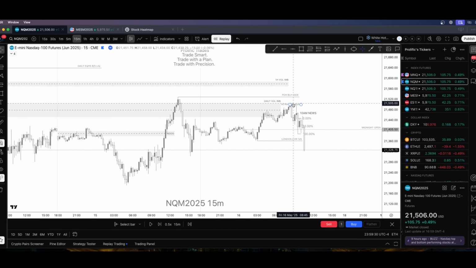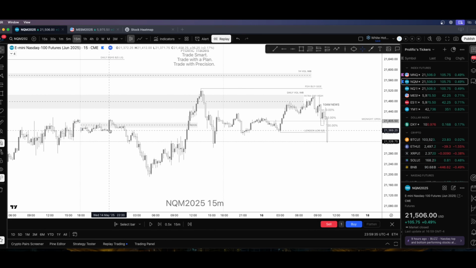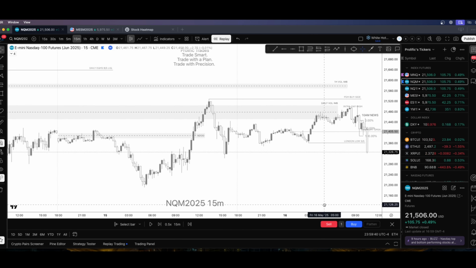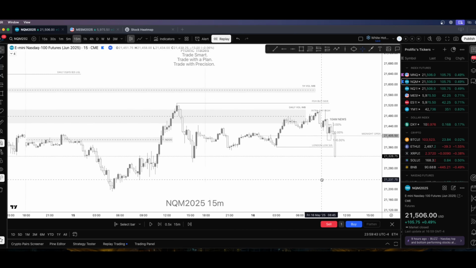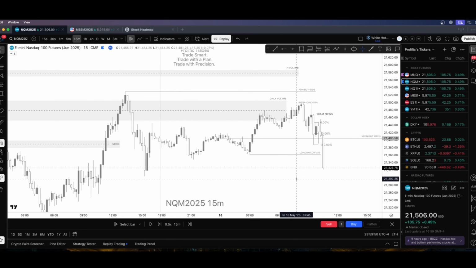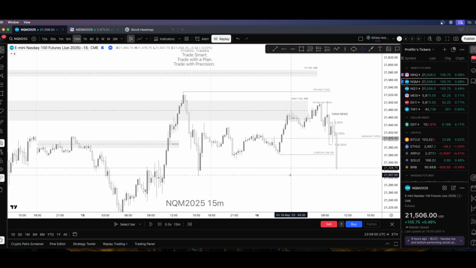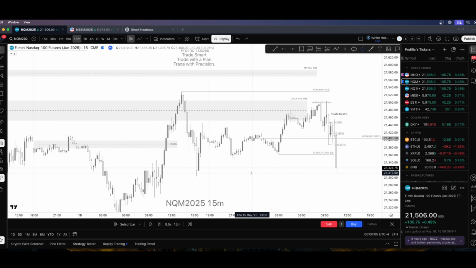Accumulation, manipulation, distribution. You just see it everywhere. Everywhere you look at the charts, you see it. Mark your range, boom, mark opposing liquidity. Hey, you can trade the manipulation. You just have to be good, and you just have to be willing to know when to get out of trades. The market is always engineering liquidity and seeking liquidity. And once you figure that out, man, I'm telling you, you all become very profitable.